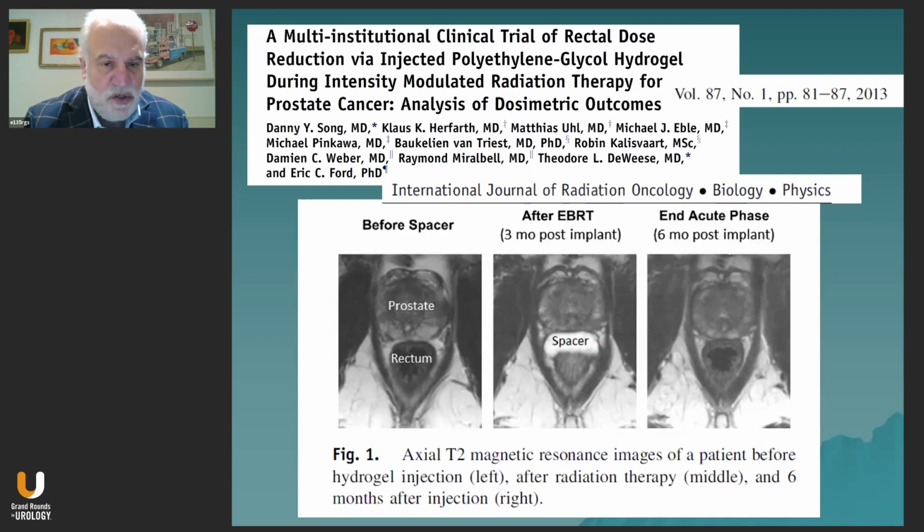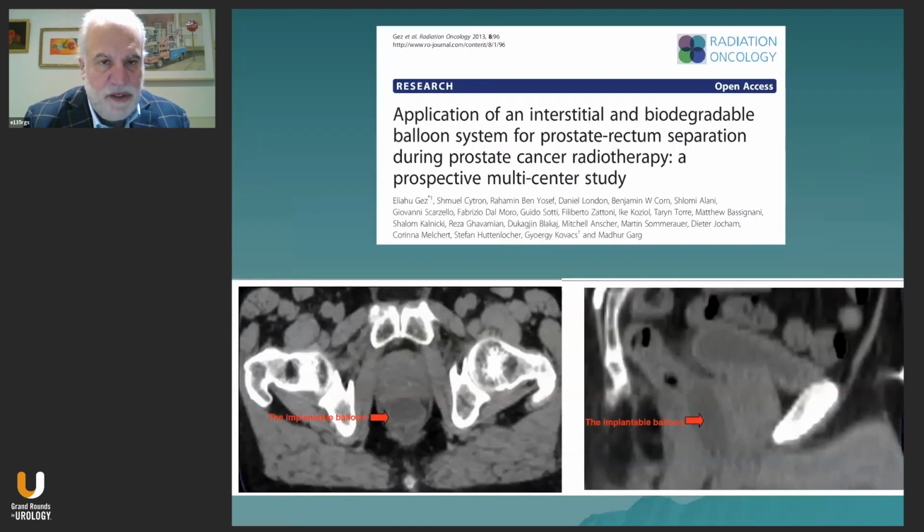So this really goes to show you how, again, the SpaceOAR in white displaces the prostate away from the rectum and protects the rectum, and also how it does resolve within 6 months. So it's very important to know this when you tell patients this won't be in you forever, and it resolves within 6 months. Here's another application of an interstitial and biodegradable balloon system, again, to spare rectum from radiation dose,